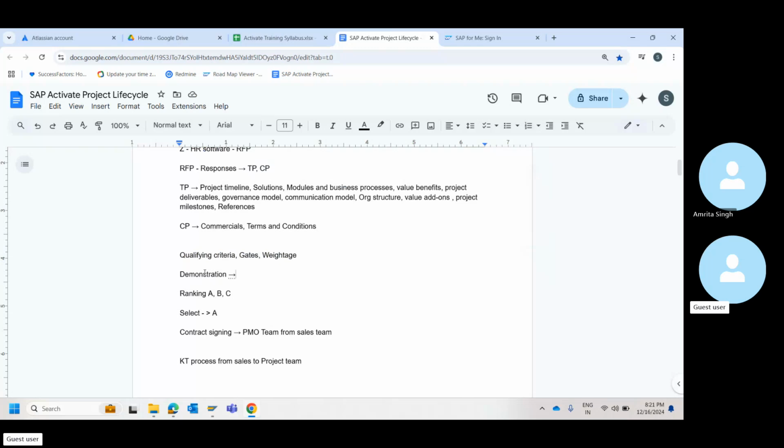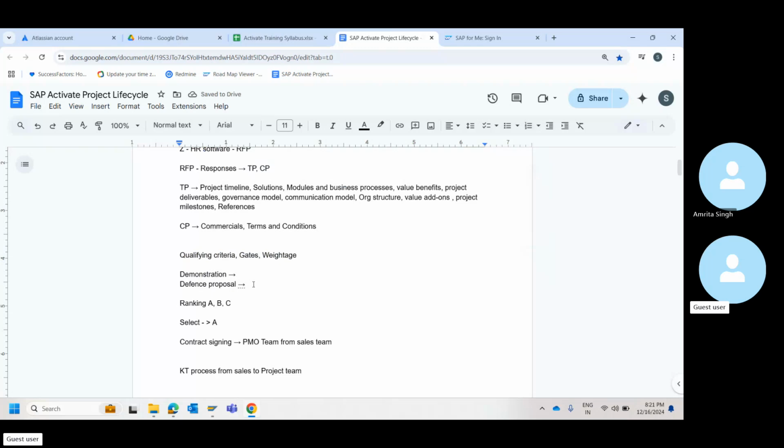Then there are cases where we have proposal defense also. Sorry, this is not defense proposal, it's proposal defense. What happens is here you demo the system, in this case the SuccessFactors system.